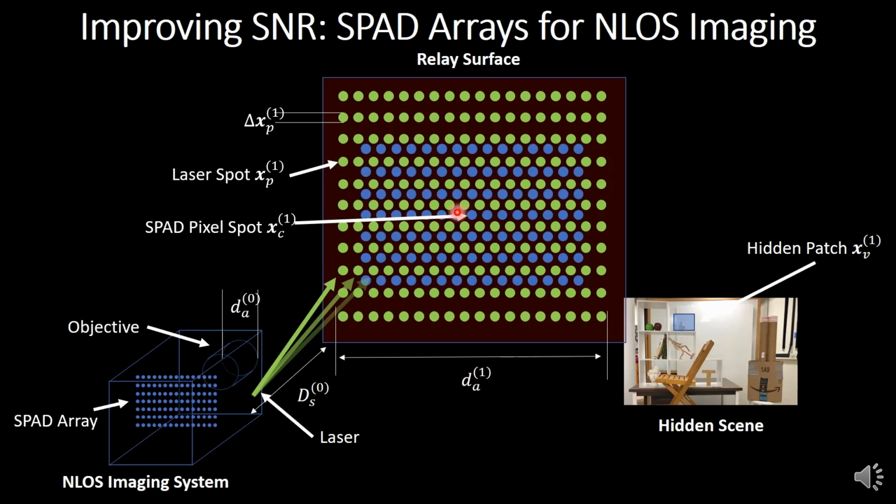So the key to capturing light quicker is, rather than having a single pixel, we need an entire camera. We need an array in order to capture all that light that comes back from the relay surface simultaneously. We actually worked with a group in Italy that builds these SPAD arrays to make larger arrays in order to capture this faster. And of course, the amount of signal you can capture is proportional to the number of pixels. What I showed you was hours of capture with a single pixel.